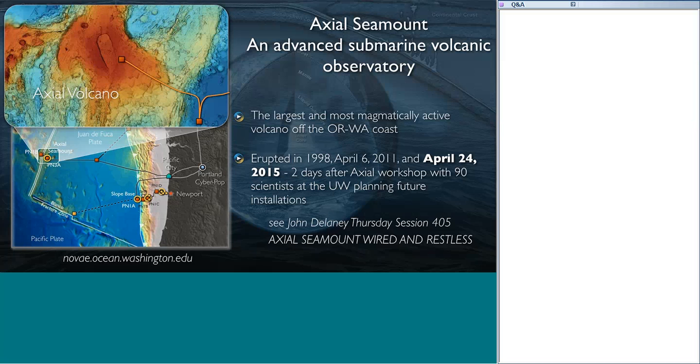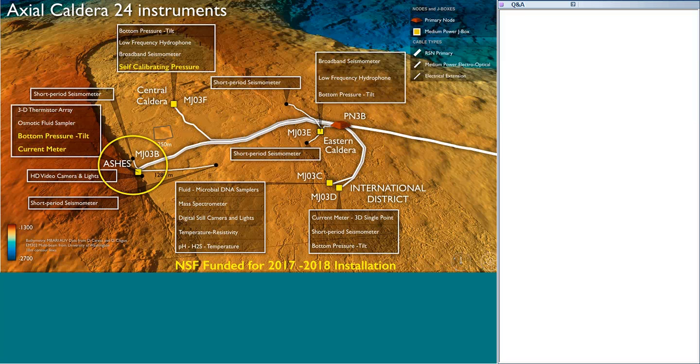And I'll zoom in on that caldera, that down-dip depression there, right at the middle of the volcano where the spreading center runs through the top of Axial Seamount. So we'll zoom into that there. So this is the infrastructure that is now on the seafloor and operational. We have a variety of,